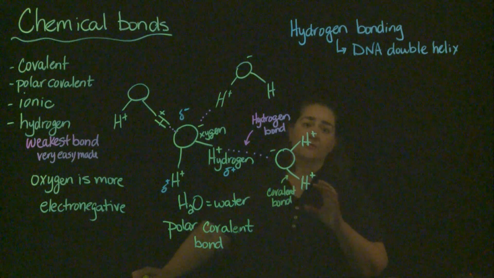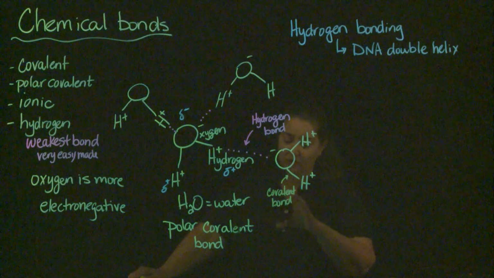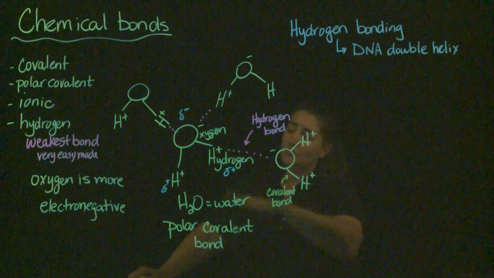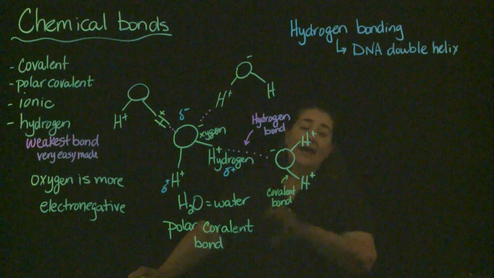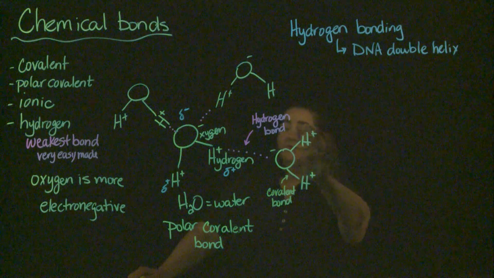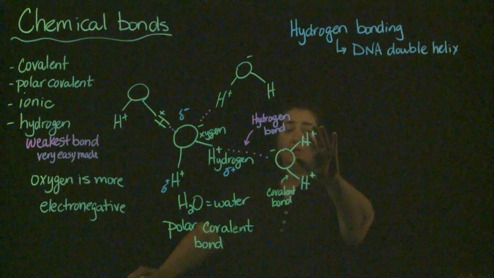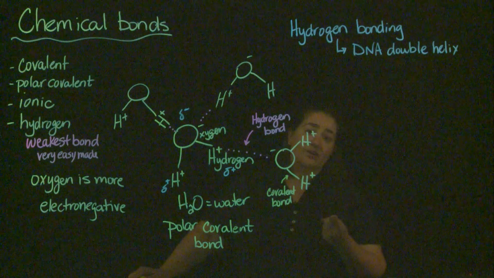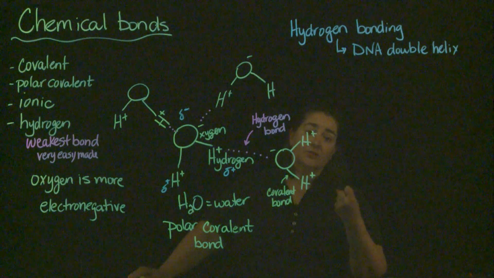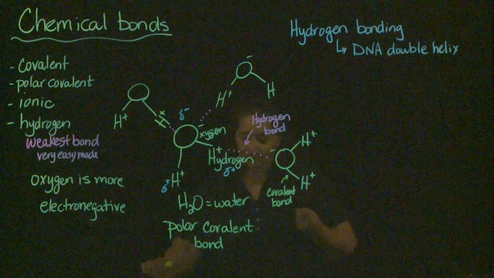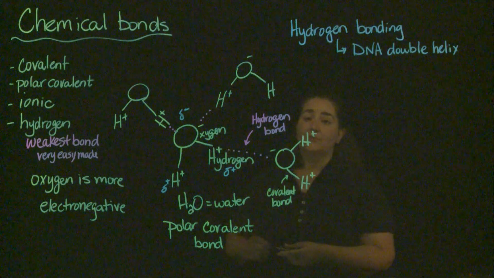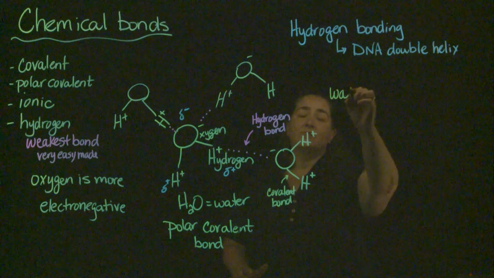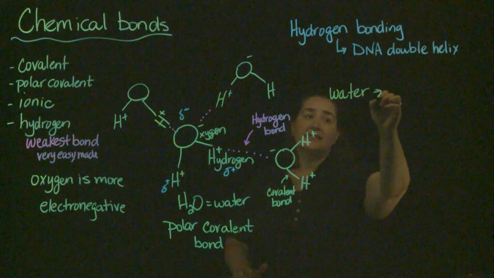In terms of what you need to know associated with this, all right? I want you to understand the differences between the strengths of the different bonds, how they are working. Hydrogen and ionic bonds are working more on charge. Polar covalent bonds are sharing electrons, so it's going to be a stronger bond, okay? And in terms of the properties associated with water, the reason I like using water for this example